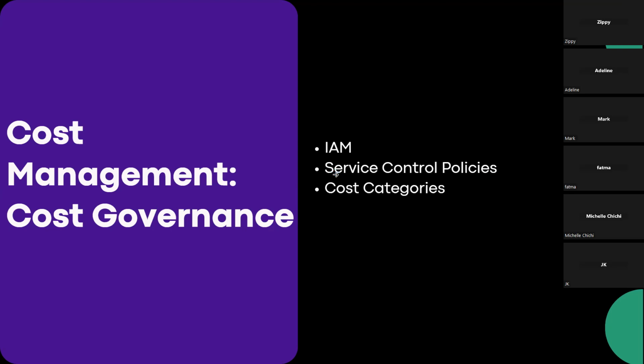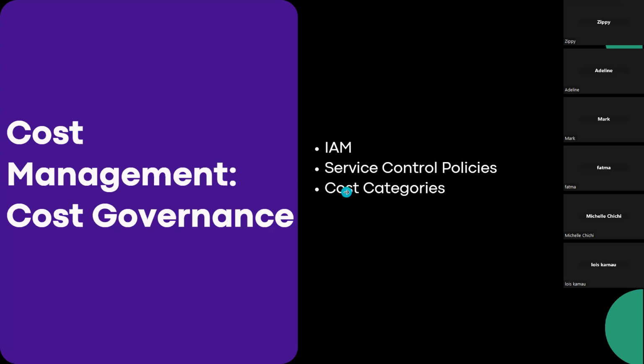Even if a bad actor did get access to the account, or someone accidentally chose the wrong type, because there is a policy in the management account that says this particular size is not allowed, that resource will not be provisioned. That goes a long way in preventing your costs from spiking because of accidents or bad actors.